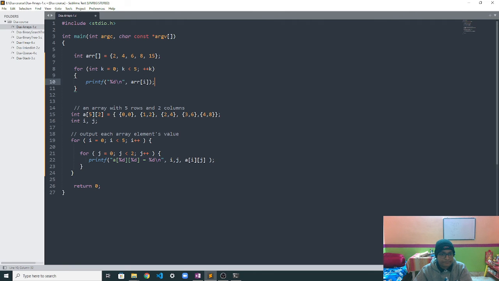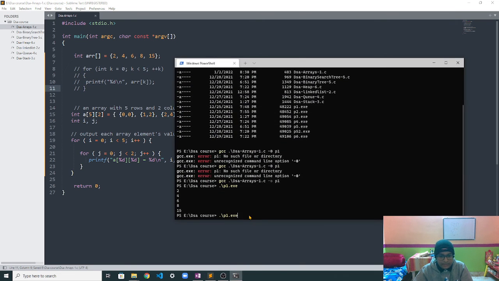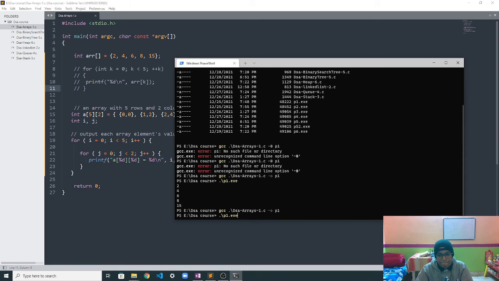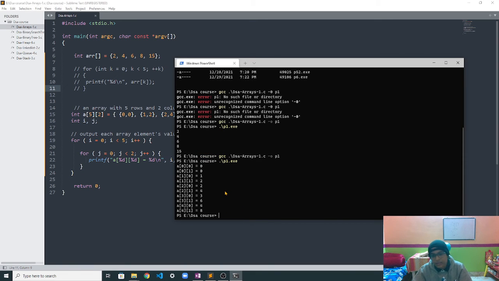Let's save the code. Let's uncomment this line for a while and compile the program, and run the exe.